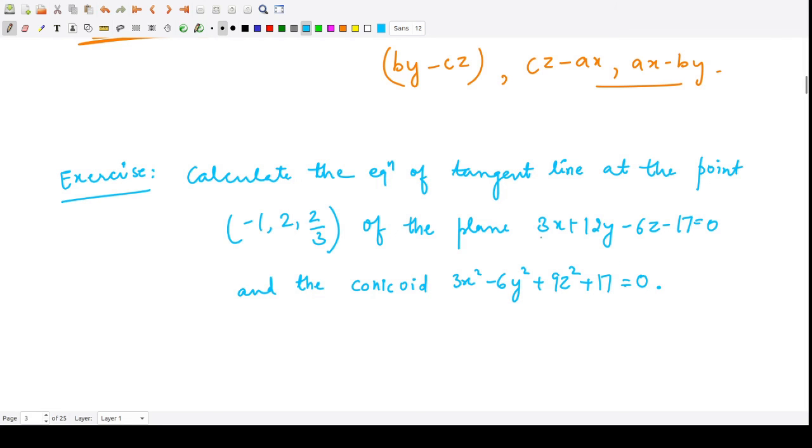So that means you are given these two surfaces. So you'll first find out what is their intersection. So you'll first find out what are the tangent planes, and then you'll find out what is the equation of tangent line by taking the intersection of these